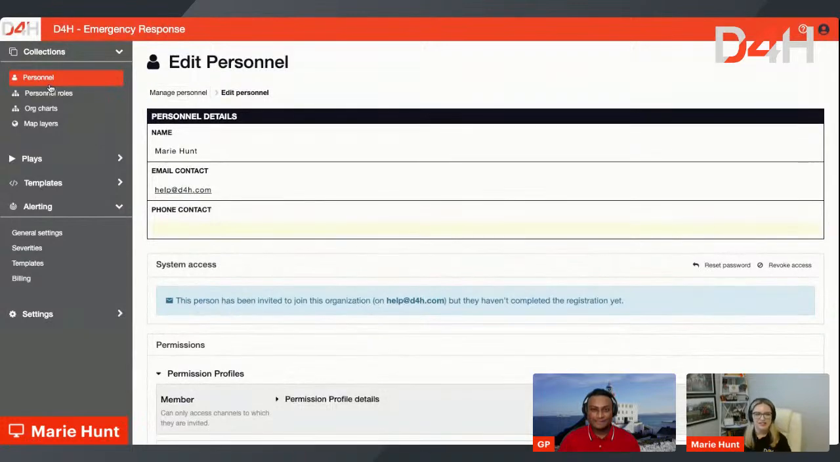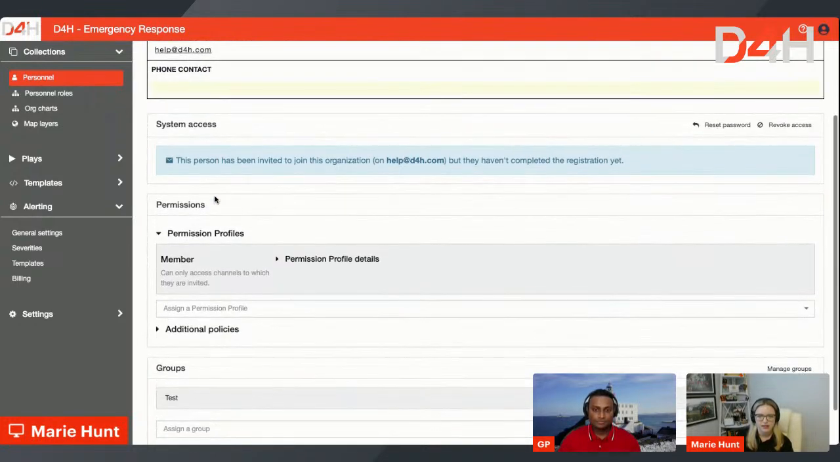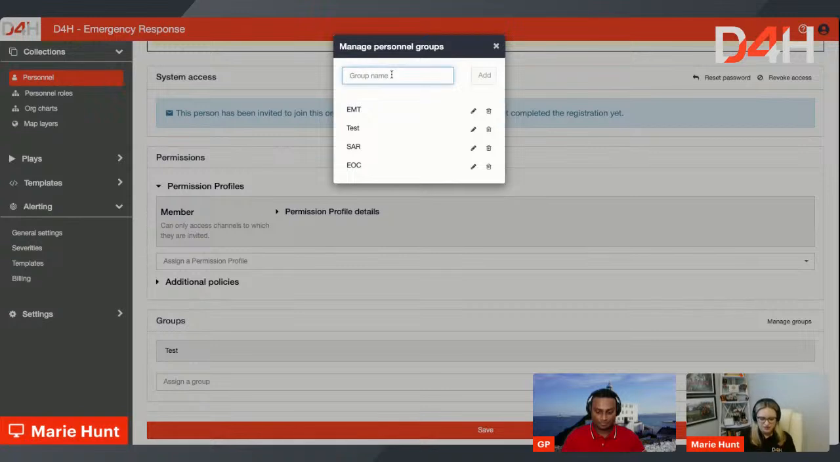All right. So this is a profile of a specific person. Name, email address. You would put a phone contact in here. You do have a country code drop down, which makes it really, really easy to set it up. Down here below, you have groups. So once you click manage groups, this is where you could,